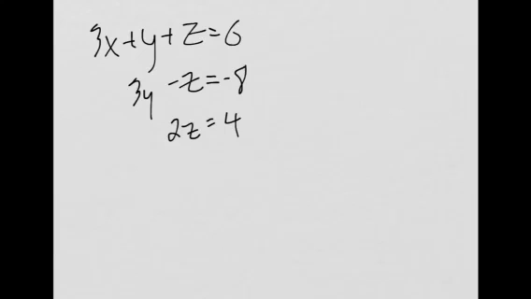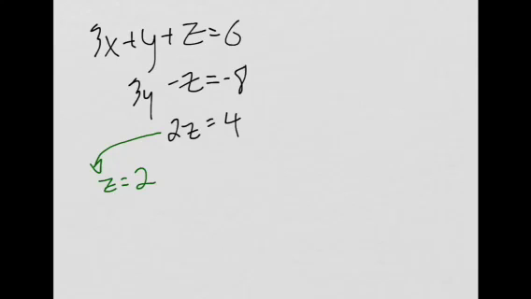What did I call it on your worksheet? I called it back plugging. So I want to solve this thing by back plugging. Notice that the middle equation does not have an x term, and the bottom equation does not have an x term or a y term. It's only got this z term. So when I have an equation that's set up like this, you probably already figured out what z is. I can divide both sides by 2 and get that z is equal to